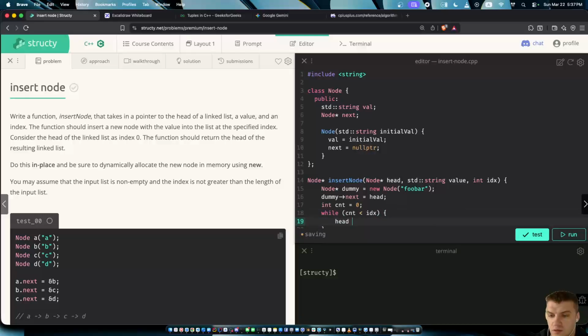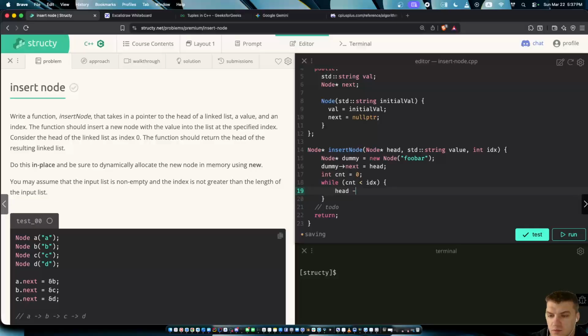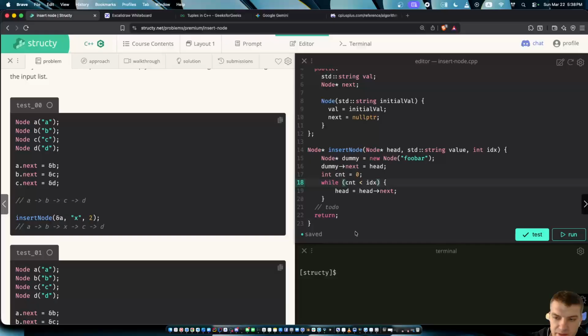head equals head next. The index can be greater than the length. Now, head not equal null pointer. I'll do this reversal, and then